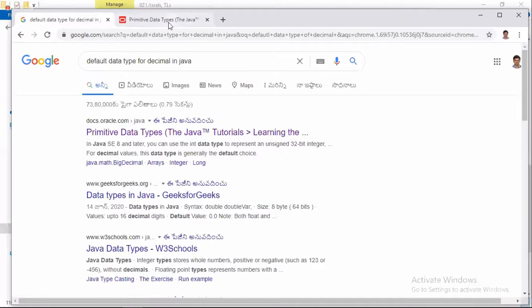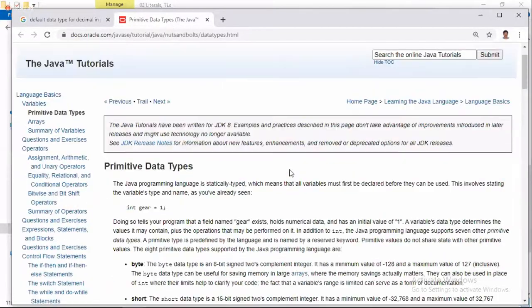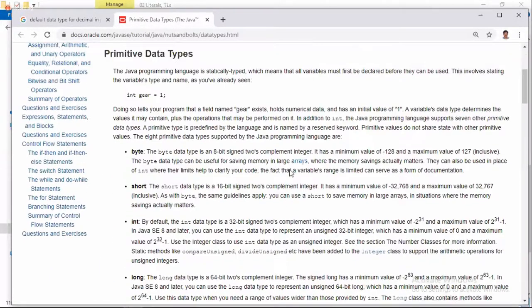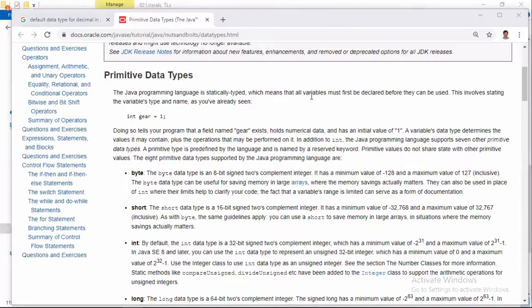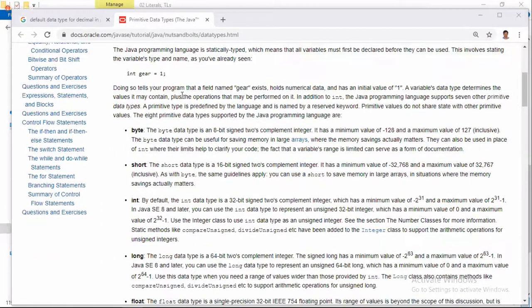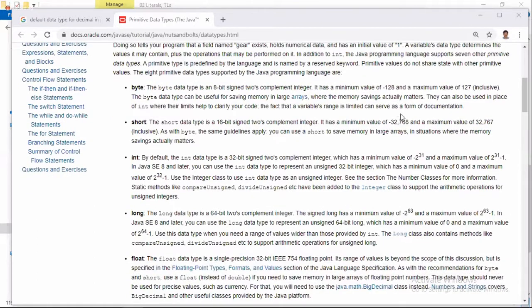Sun Microsystems documentation on primitive data types: the Java programming language is statically typed, which means that all variables must first be declared before they are used. This involves stating the variable's type and name. You have already learned this. The type determines the values it may contain plus the operations that may be performed. Java supports eight primitive data types.